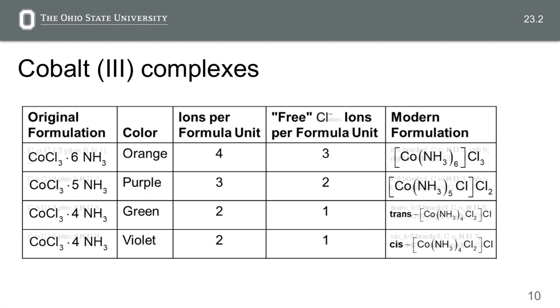And so through some experimentation, what he found was that the number of ions formed per one of these, there's 4 that was formed here, 3 here, and 2 for each of these. And so what does that mean? Again, make sure I'm not getting too far ahead here. With the cobalt chloride with 3 chlorine, just like I wrote on the previous slide,